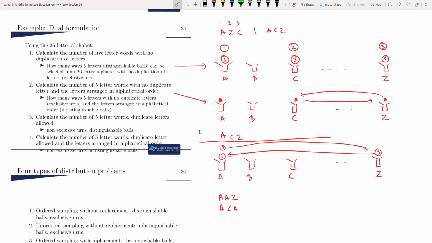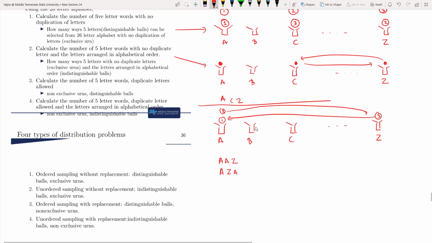So we get different results. Then the last one is: calculate the number of 5-letter words, duplicate letters allowed, and the letters arranged in alphabetical order. Non-exclusive urn, indistinguishable ball. So if I try to draw this, try to visualize it,